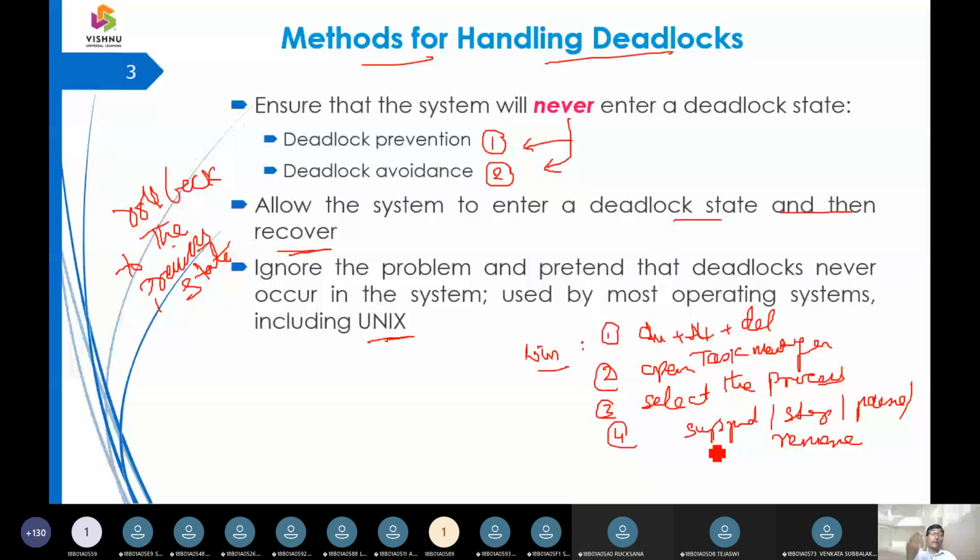Okay, all of a sudden my Android mobile is stuck. What is the answer? You are going to say reboot the system, right? You are going to reboot, or restart the system, so that from the unsafe state, it moves to the safe state.